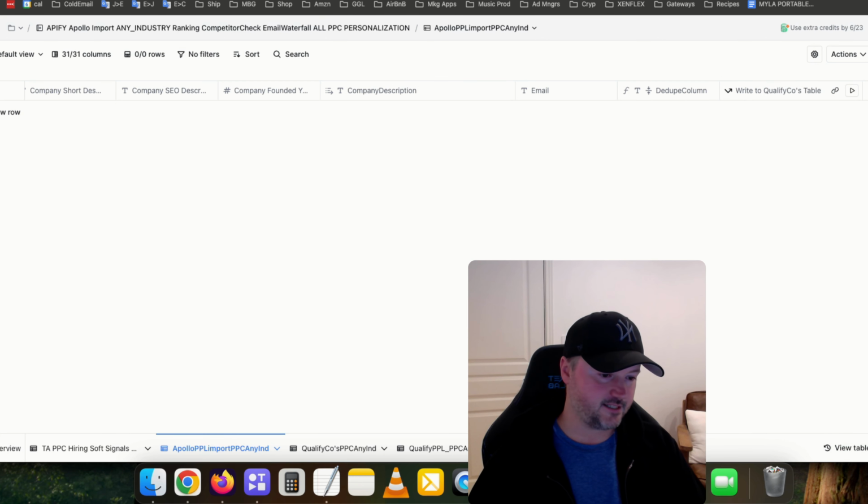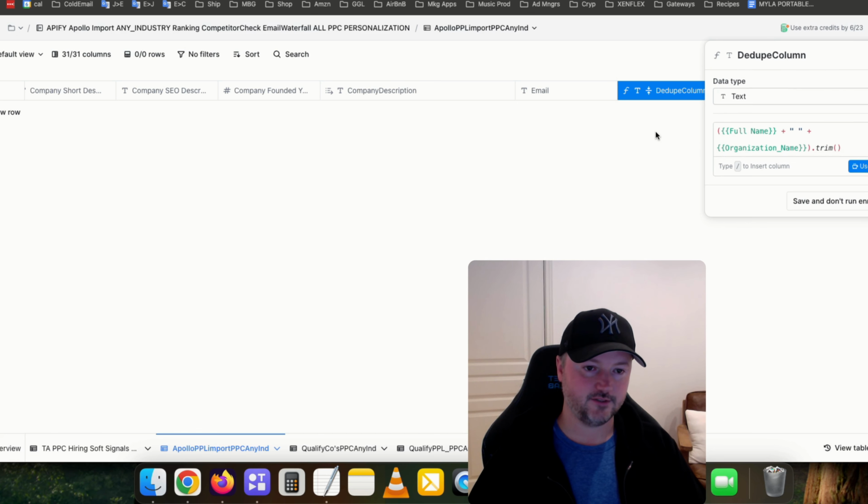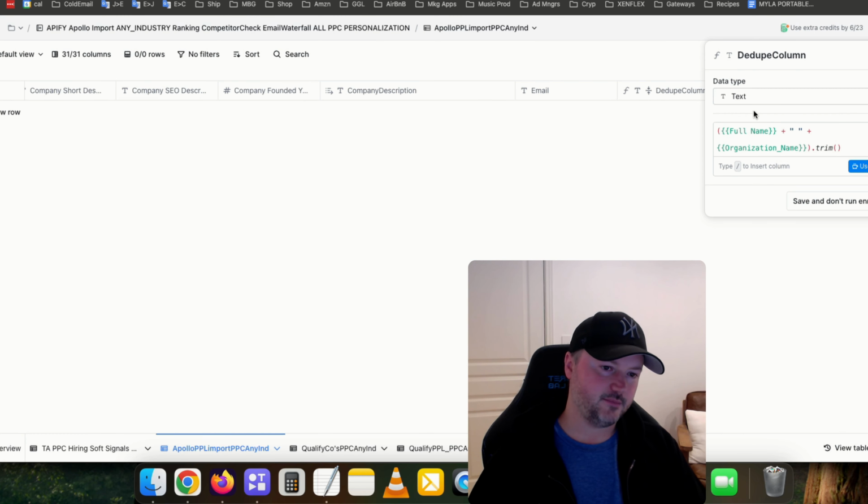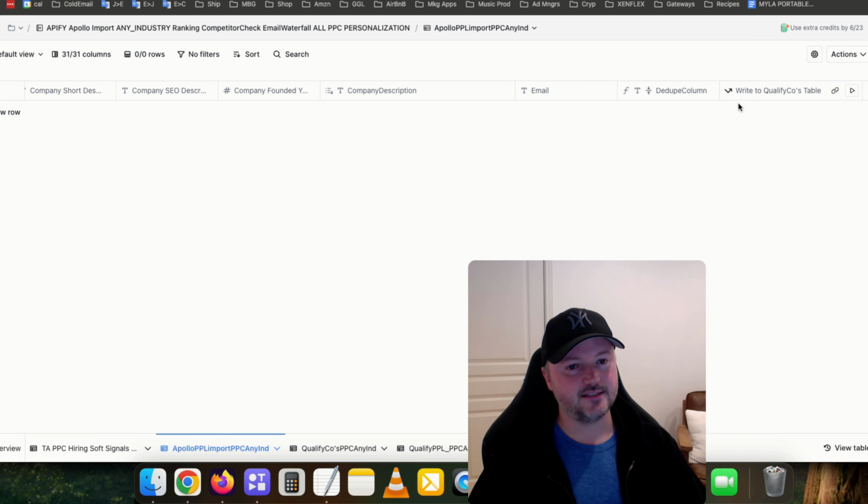And you can see that we're deduping on a dedupe column. So let's have a look at this. Our dedupe column is full name plus, okay, it's not showing what the prompt was, but basically it's full name plus company name. And I believe it's plus domain as well. But basically that's so that we can deduplicate the rows, and then we're going to write to the qualify companies